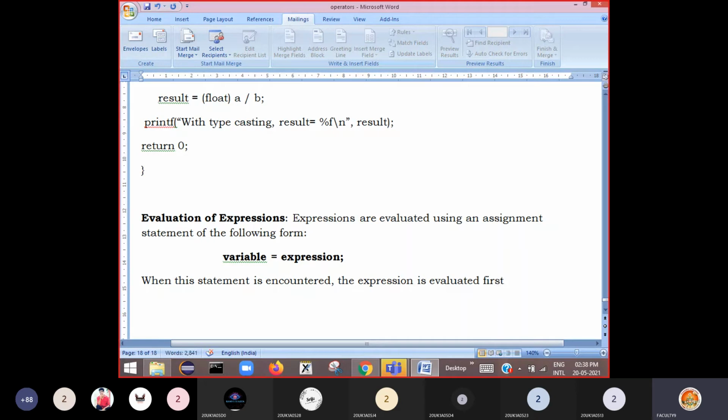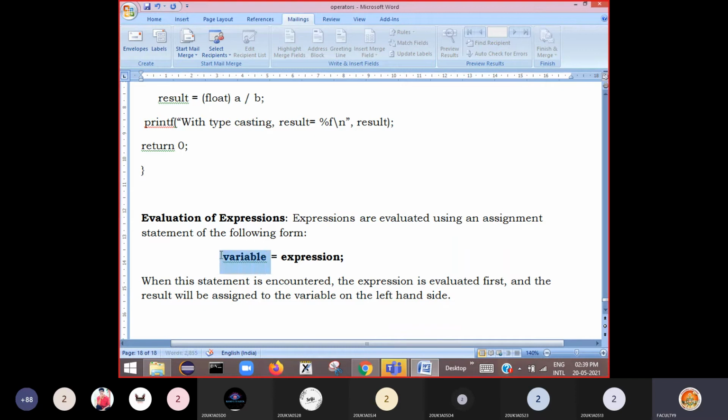That means the right hand side expression is evaluated first, and the result will be assigned to the variable on the left hand side.